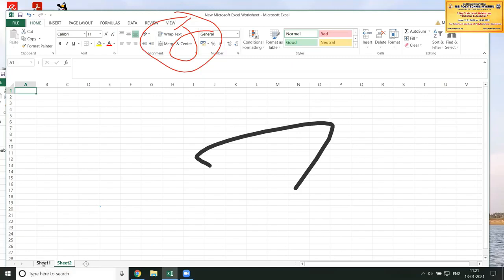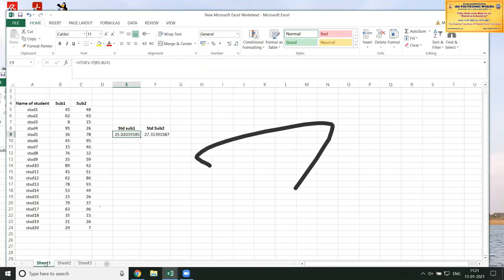To add a worksheet at the bottom, you can see here you have sheet 1, sheet 2, and next to that you have a plus mark. If you go on clicking on this plus mark, you can have any number of sheets included in the same book. Okay. To rename that, you can click on the right button. There you will get one option called rename. Click on that. Here I'll write this as program number 16.